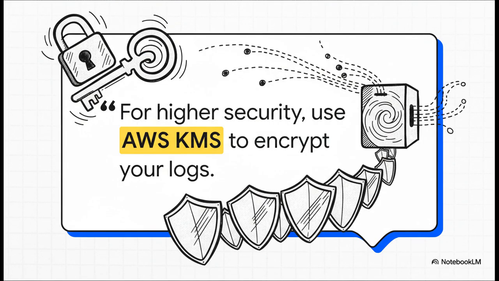And one final pro tip on security. By default, CloudTrail logs are already encrypted. That's great. But for the highest level of security, the best practice is to encrypt them with your own key using the AWS Key Management Service, or KMS. Why? Because it gives you full control over who can read your logs, and it lets you manage the lifecycle